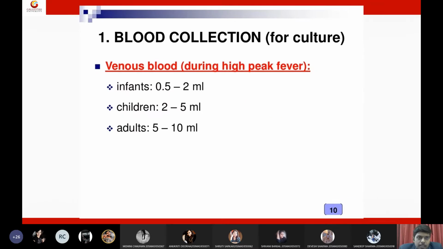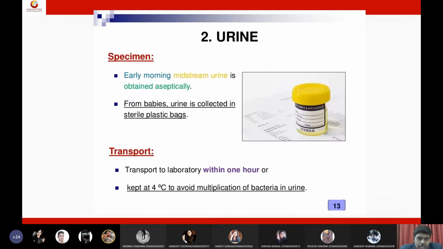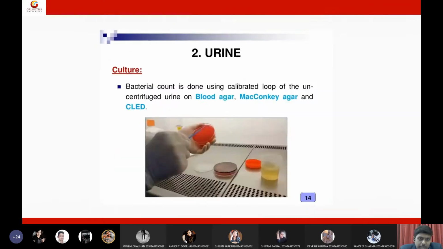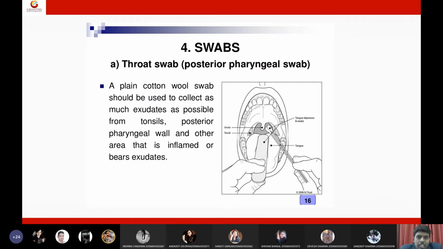Okay, so I need not say much about how to collect blood, right? You can collect from infants 2 ml, children 5 ml, adults maximum 10 ml of blood. And this is the procedure. So you know how to collect blood, right? You know how to collect urine sample, you know how to collect sputum samples, you know how to collect various types of nasal swabs. Okay, oro,